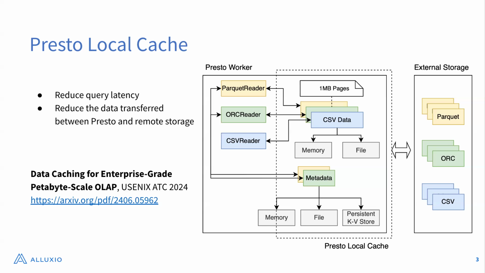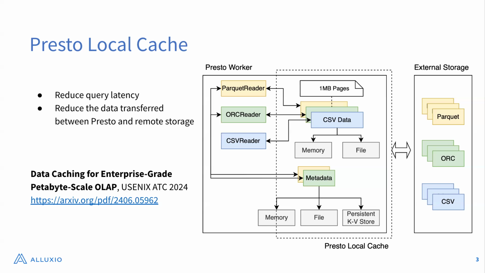In the production experience at Meta and Uber, what we have observed is that for some queries, especially the queries which need to process a large amount of data, lots of time or lots of resources could be spent on the data fetching part. Meanwhile, nowadays, lots of companies prefer to store their data sets in cloud storage. And then when we pull the data set from those cloud storage, there could be an egress cost. So to reduce the query latency and to reduce the egress cost from the cloud storage, with the